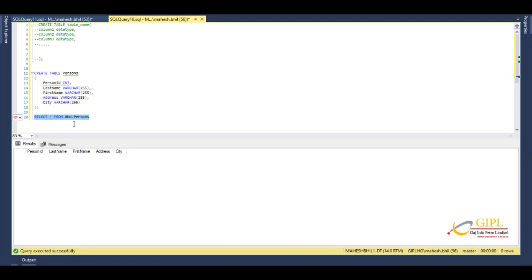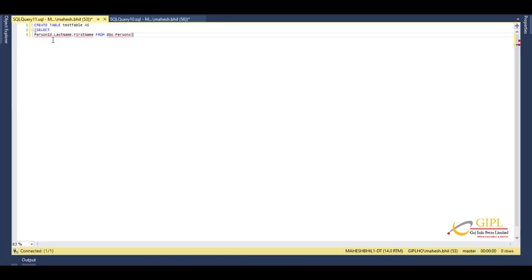All columns or specific columns can be selected. If you create a new table using an existing table, the new table will be filled with the existing values from the old table. The following SQL creates a new table called test table, which is a copy of the person table. So for that, we write create table test table as select person ID, last name, first name from person.